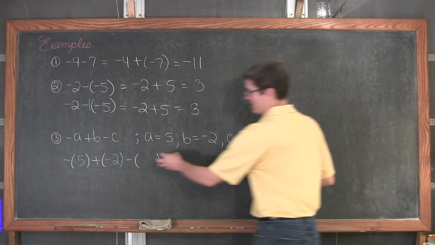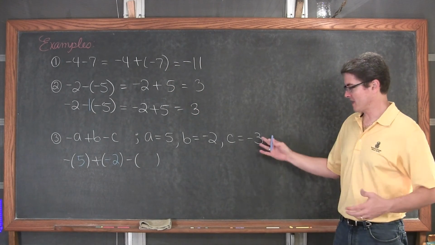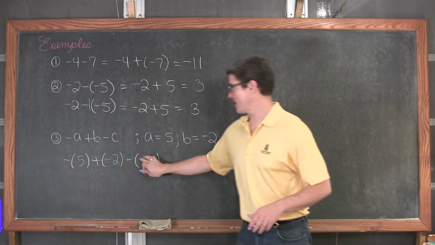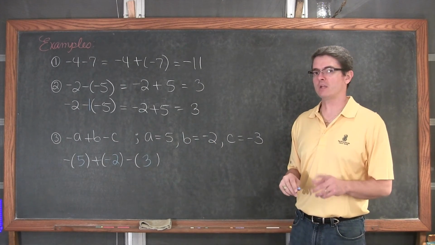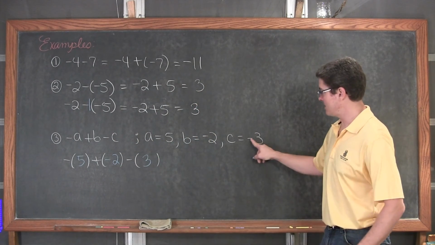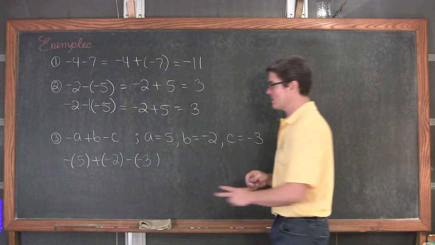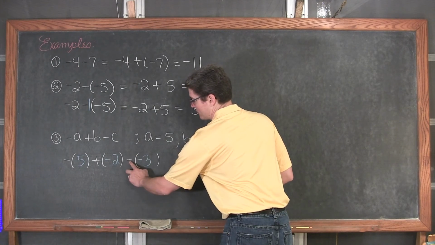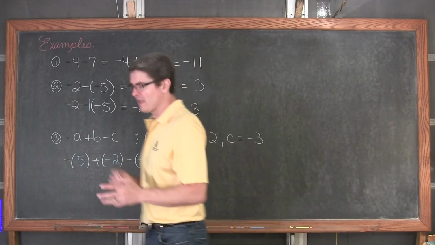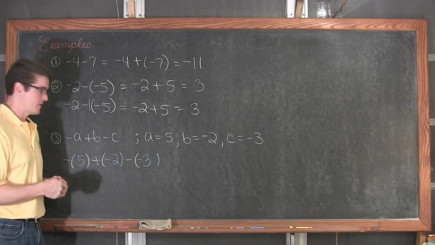Now, the reason why I write out my parentheses where my variables are, without even thinking about what I'm plugging in, is because some students will think, oh, there's a minus and there's a minus, so I can just write minus 3. That's not going to be right. The expression has a negative sign or a minus sign, and the number that's getting plugged in is bringing its own negative sign in there, and if you don't see those side by side, one from the expression, one from the number you're plugging in, you're not going to get the right answer. And hopefully those empty parentheses encourage that behavior of remembering all the signs that we need to worry about.